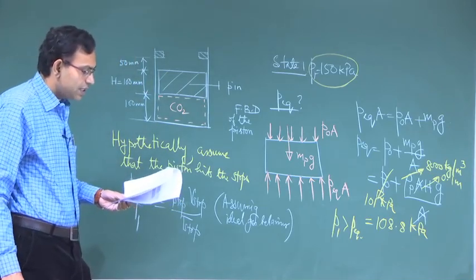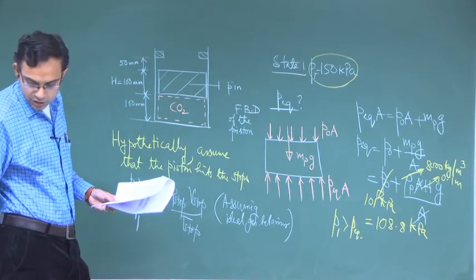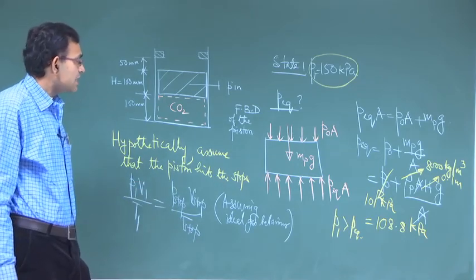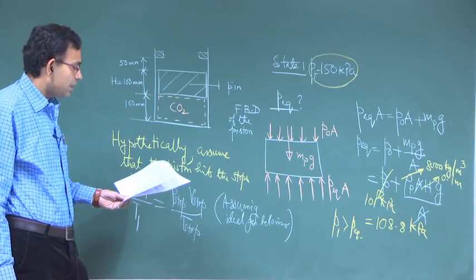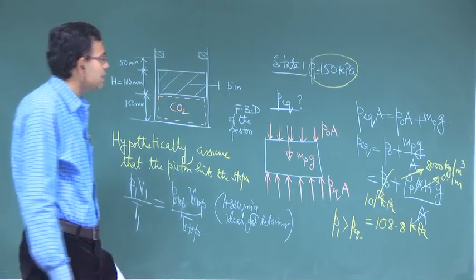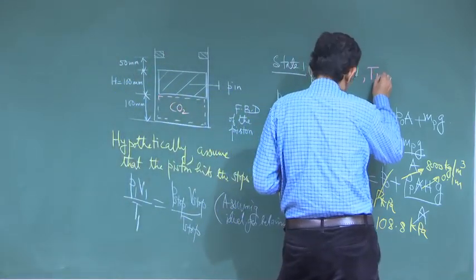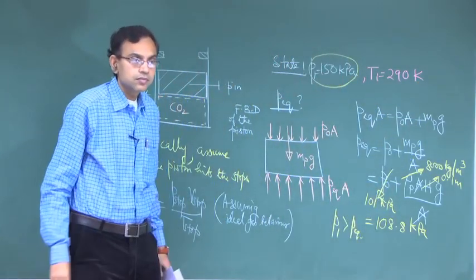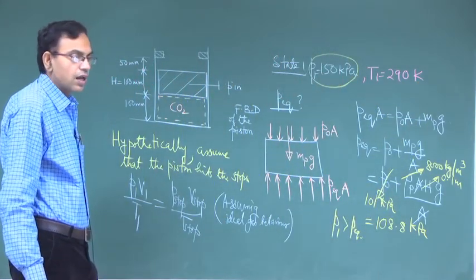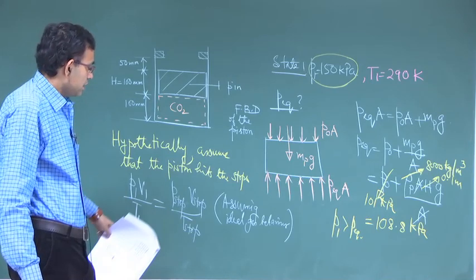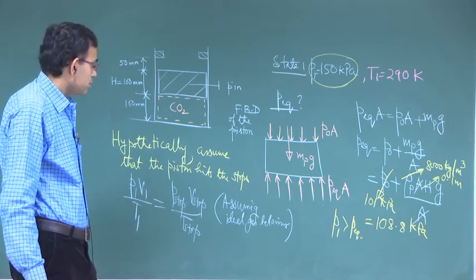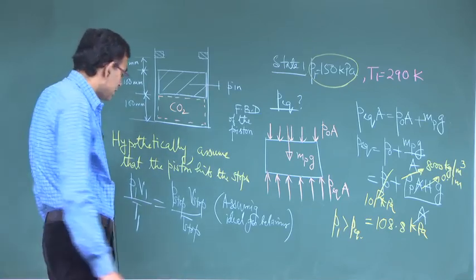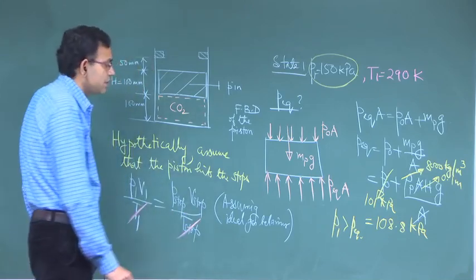what is given is that at state point 2, which is assumed to be the stop here, the gas returns to the ambient temperature. It started with the ambient temperature, T1 is 290 Kelvin, and it is returning also to the ambient temperature. So, if it is returning to the ambient temperature and starting with the ambient temperature, then T1 is T stop.